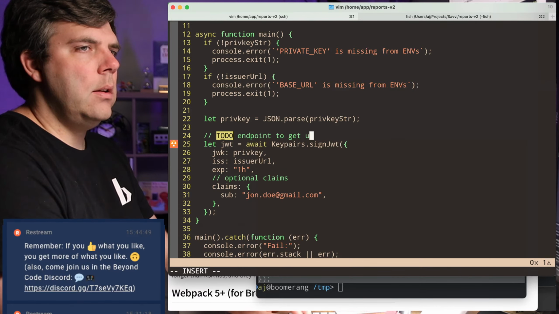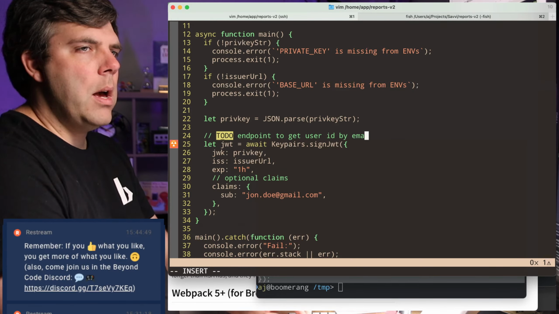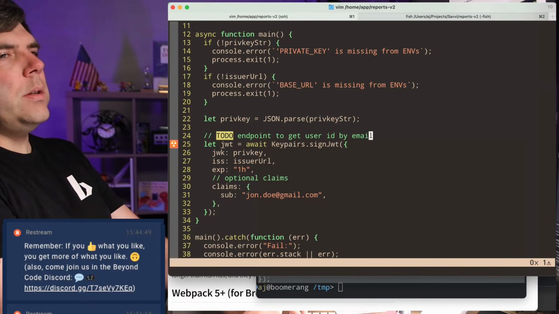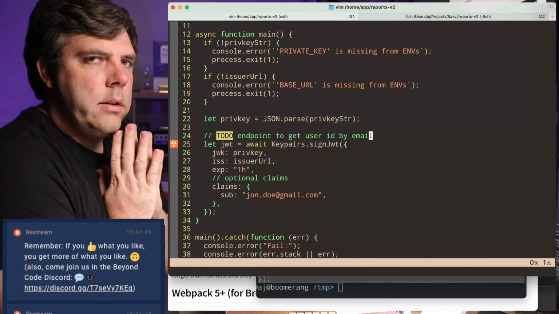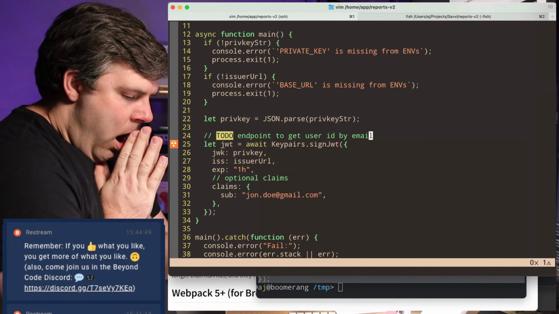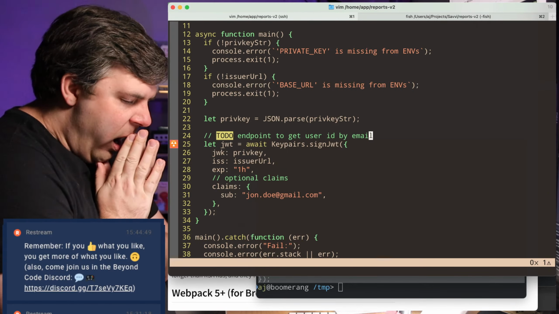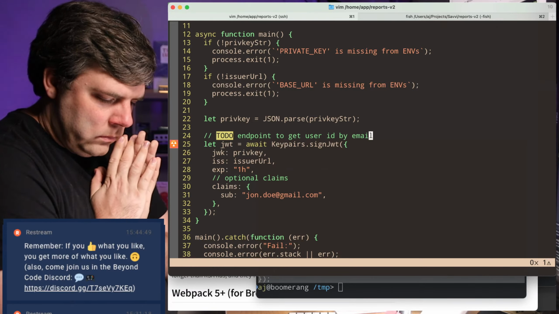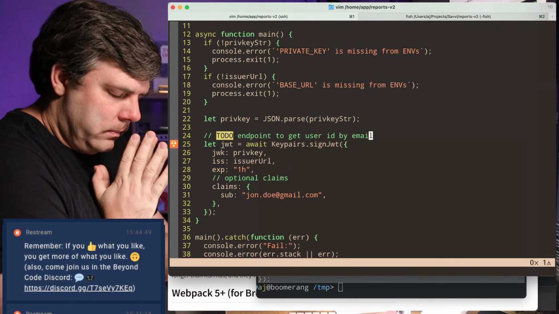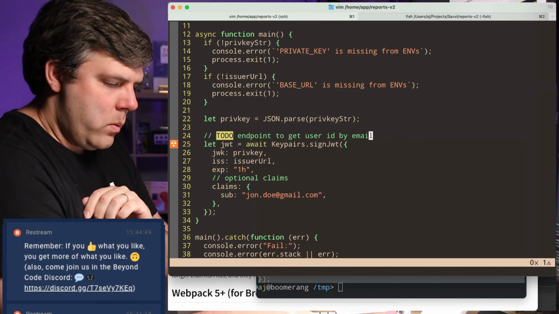Endpoint to get user ID by email. The problem with that is that we are going to have a situation where you could have more than one user ID associated with an email, I think.